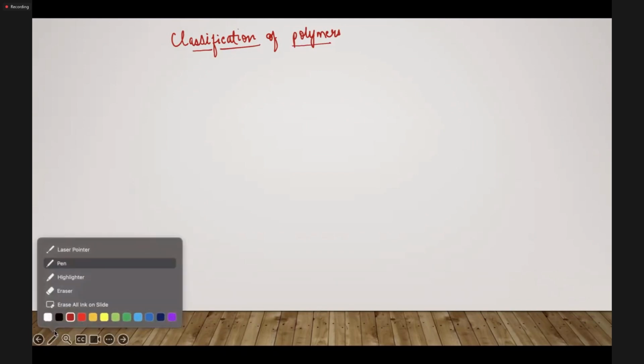We have learned that the classification of polymers is on different bases. The actual definitions, the detailed definitions and the examples we have already discussed. For the purpose of revision, I'm just writing down the classification, just the names. So when it is based on the sources,